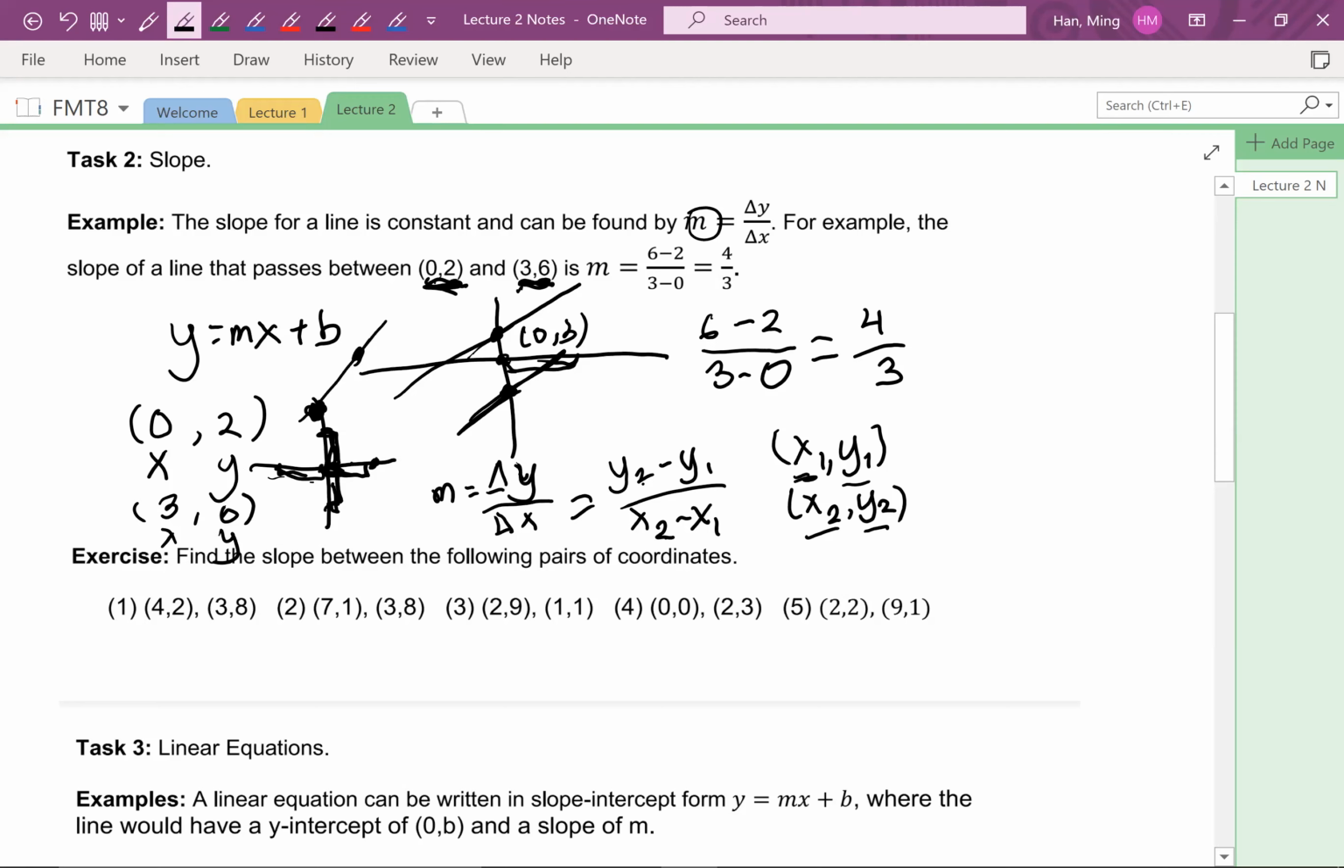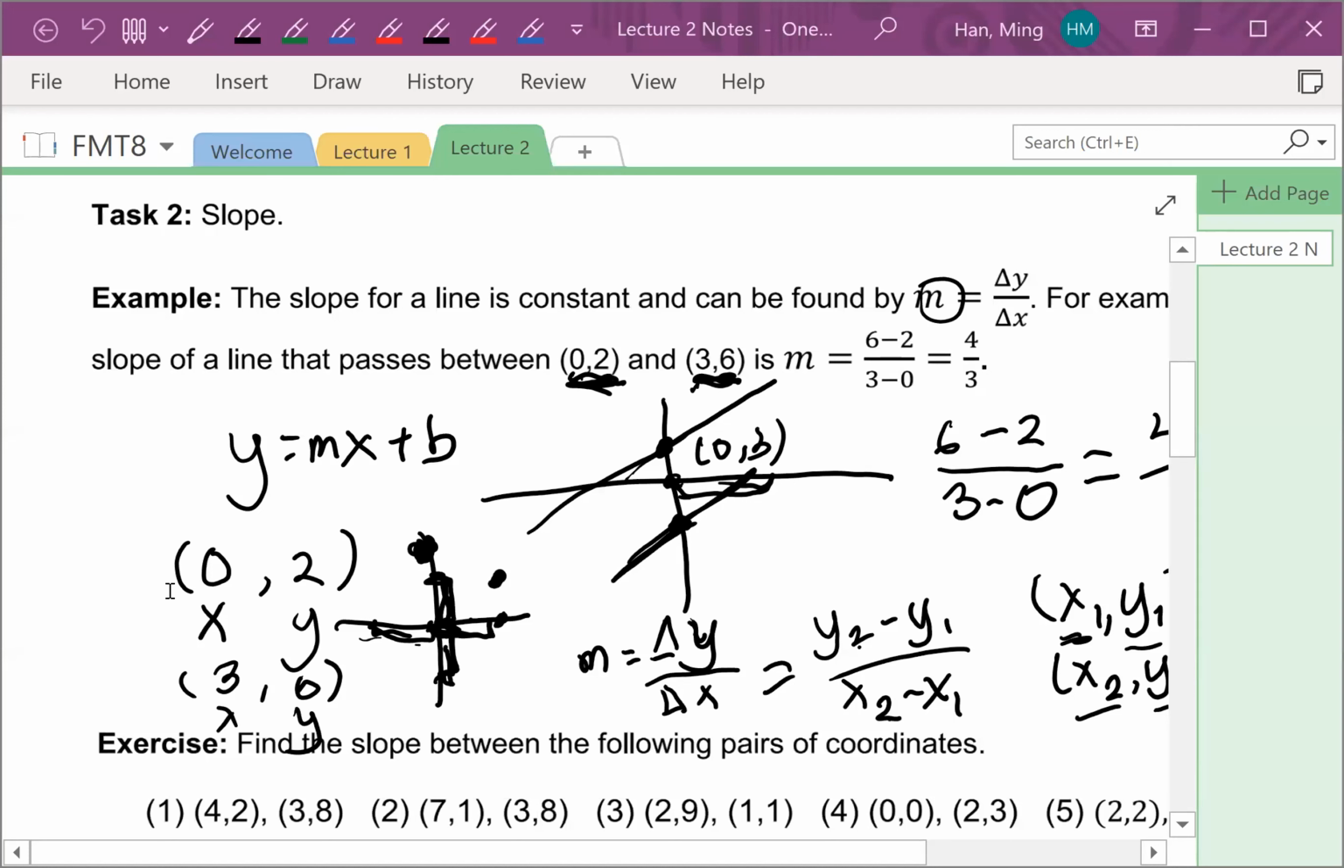And then we want to take the difference in the y value. Okay, sorry, I think my screen stopped sharing. Let me reshare that. Okay, so